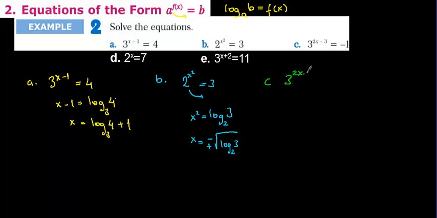3 to the power of 2x minus 3, if it is equal to minus 1, this is a bit tricky question. We are going to say no solution. No solution. Why no solution? Because